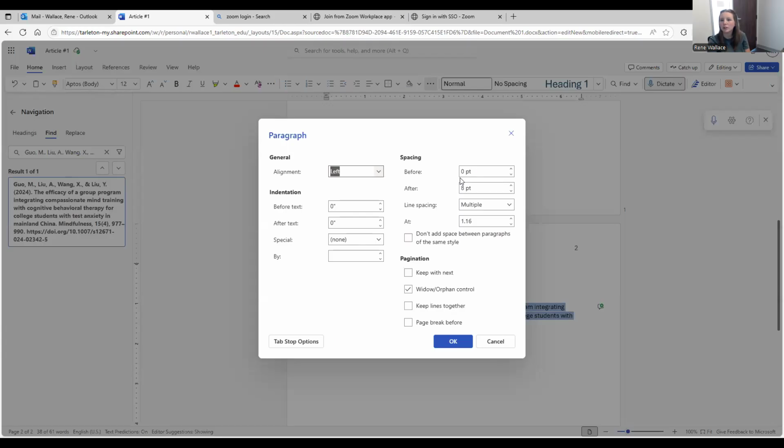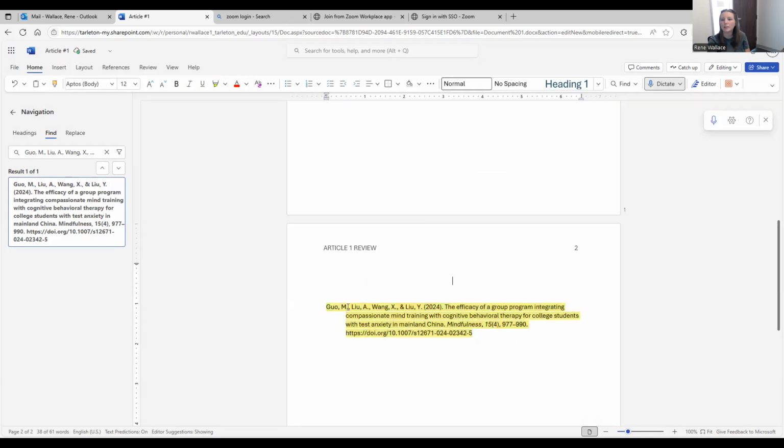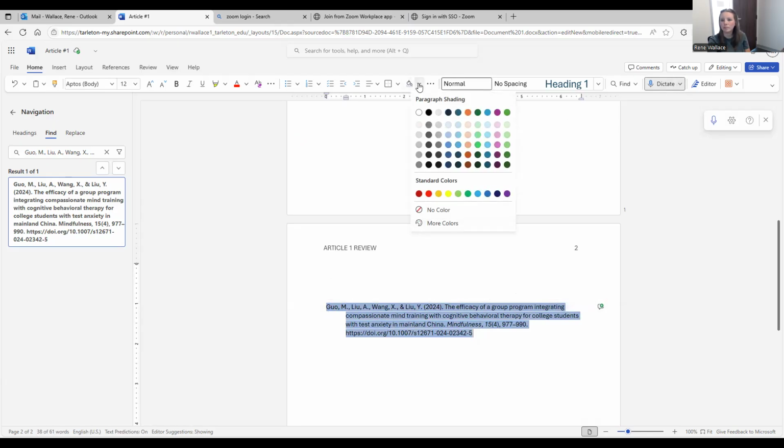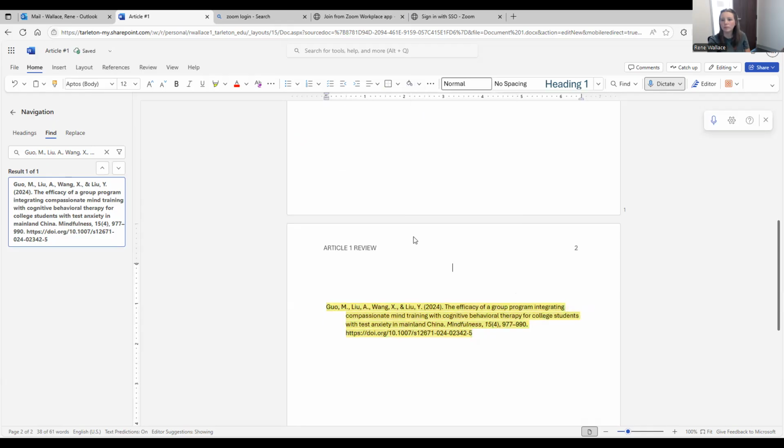Paragraph options. Is that what I want? Hanging. Here we go. Paragraph options. Special indent, hanging indent. So now that means the first line is all the way left indented, but the rest of them are kind of hanging underneath. I'm not sure why it highlighted it yellow. It doesn't need to be highlighted yellow. No highlights in yellow. Okay, well, don't make it yellow, but that's what it should look like.